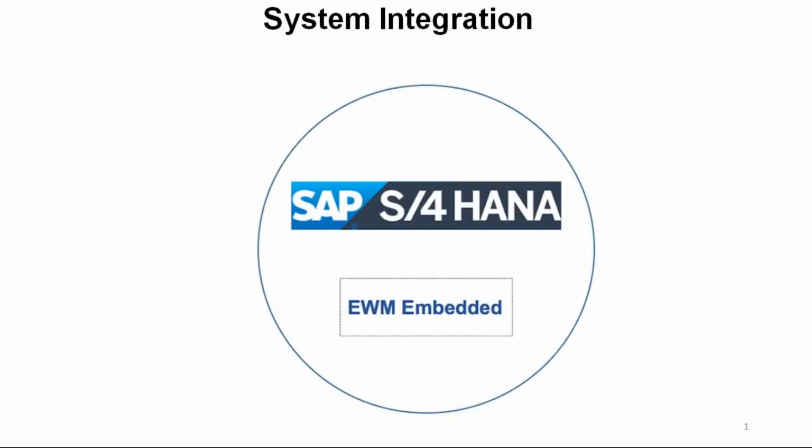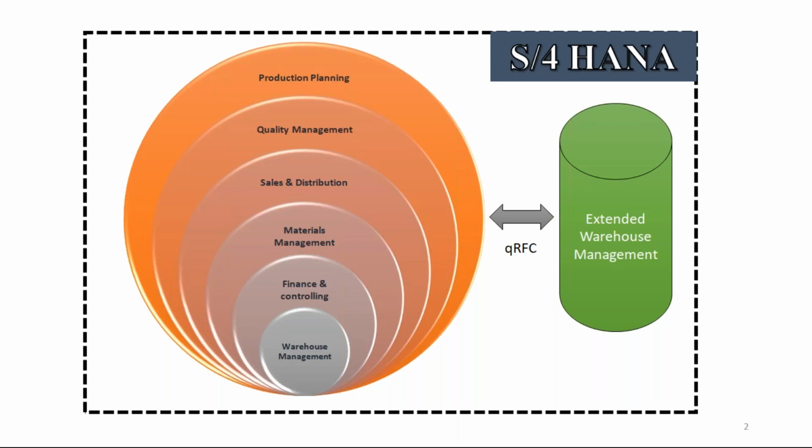So let's try to understand the system integration. I was saying EWM is part of S4HANA and we call it embedded EWM. If you see the system integration, you have all these modules in the S4 server, like production PP, QM, sales, MM, finance, and you can also have WM, warehouse management. Now you have EWM, which is part of S4 only. In order to transfer the data from the ERP side to the EWM side, I'll call these modules ERP, and this is EWM. If I have to transfer the data from ERP to EWM and EWM to ERP, we need to set up RFC communication between these two.